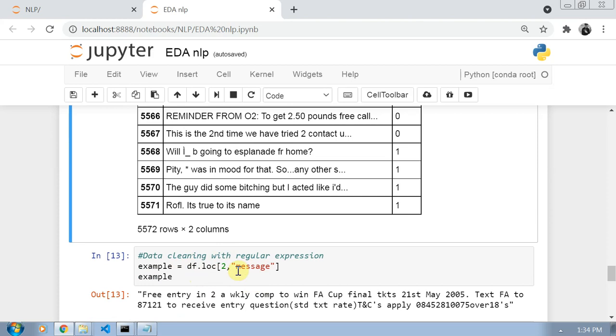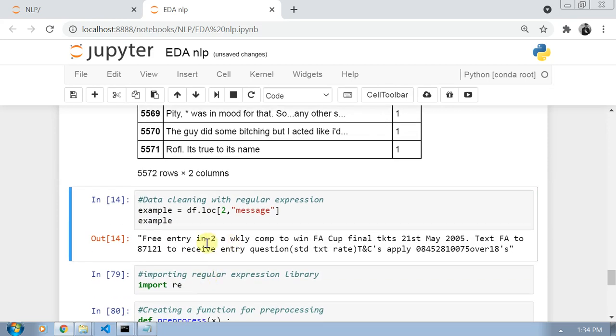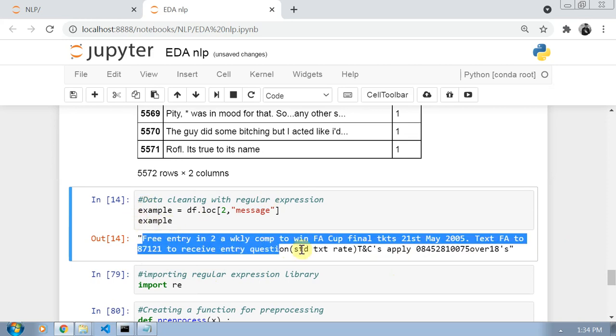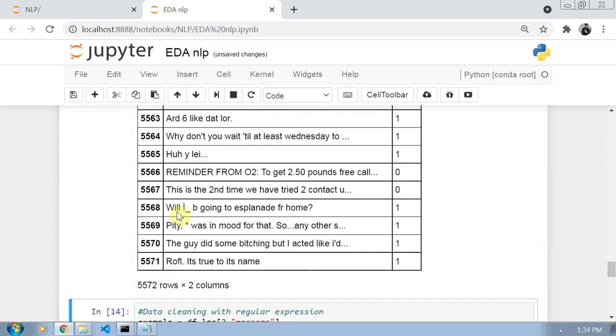It will return the message of the second row, and I stored the message in the example variable. When I press enter, you can see our text message: free entry into a weekly comp to win FA Cup final. Now I will perform data cleaning just on this message to explain, then we will perform the data cleaning on all of the messages.